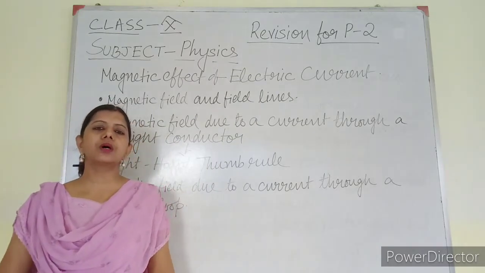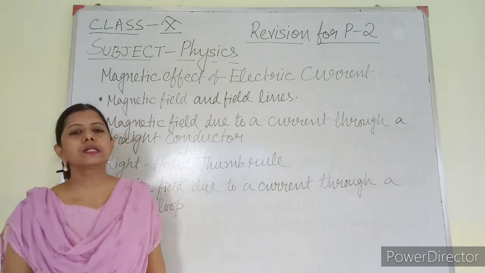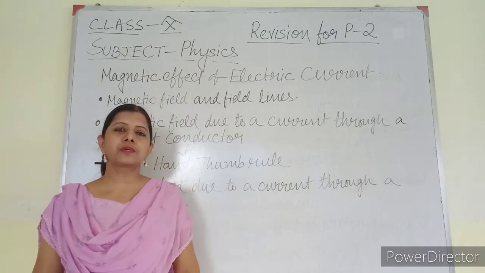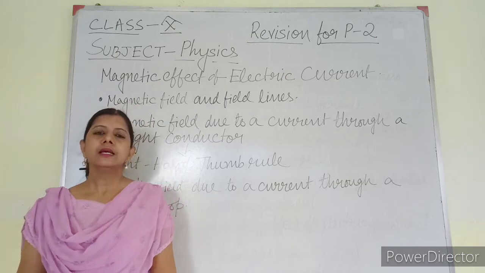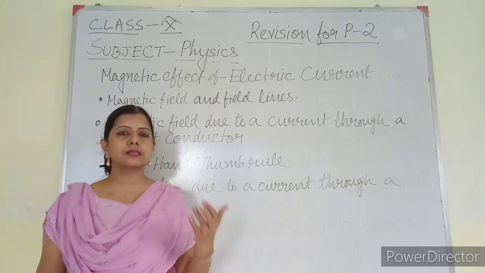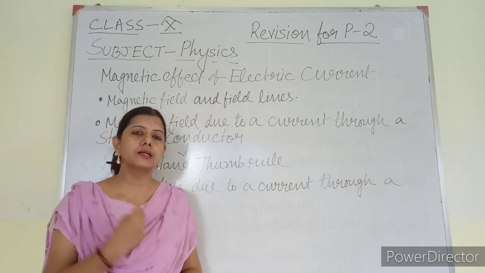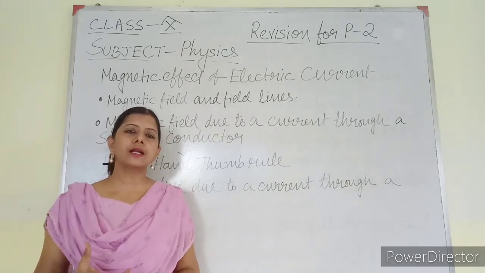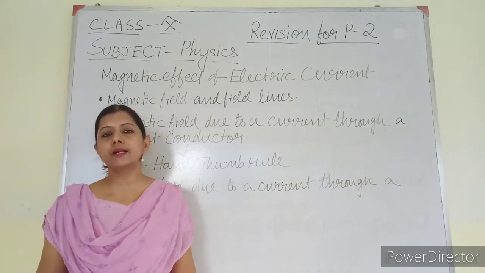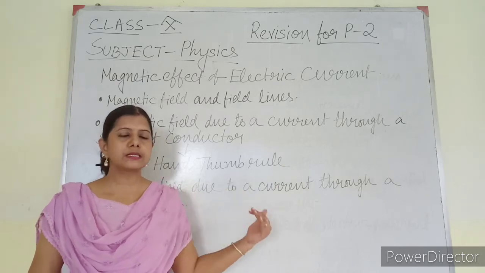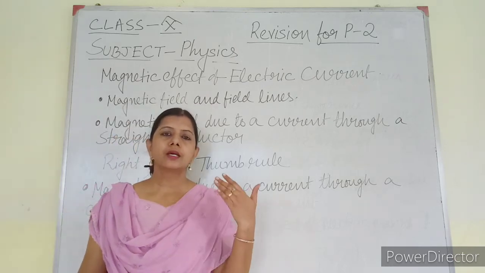Now in this chapter you are only going to learn a few portions, that is only the starting portion. The whole chapter is not there. This is the chapter where you need more understanding. In the class 10 syllabus, there are very few numericals, only the understanding is more. But in class 12, more numericals are there. But now you have to understand the chapter thoroughly, and if you can understand, you can solve all kinds of problems from this chapter. This is the chapter from where you can score marks. So if you learn this chapter from NCERT properly, definitely good marks are going to be given to you.